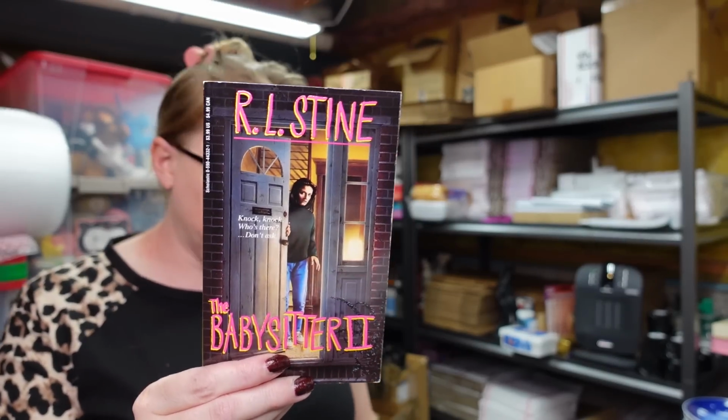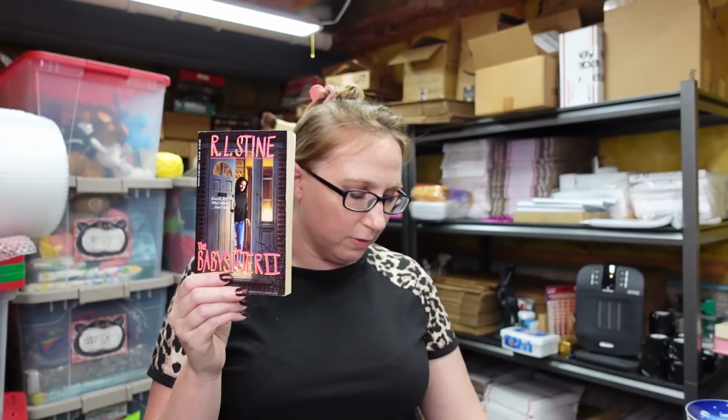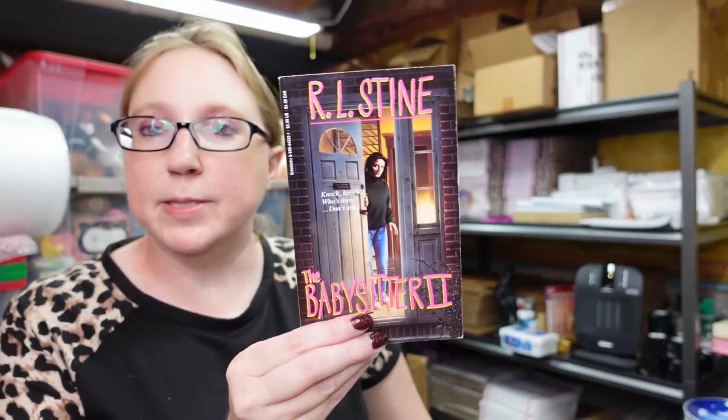Same way with R.L. Stine books. Anytime I see them, I pick them up. I have a fairly large lot that I'm soon getting ready to list, like with my Goosebumps, but again, I'm having doubles of stuff, so I decided to list this one separately as well. Again, by themselves, not really worth a whole lot. I have this up as a buy it now for